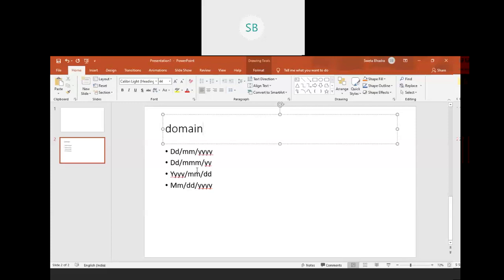We should always remember, when we are entering a value for any attribute, that it needs to be atomic. We should use the same format for every row. It is not possible that in one row we use one format and in another row another format.